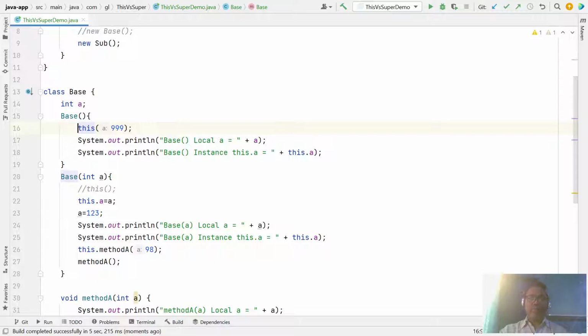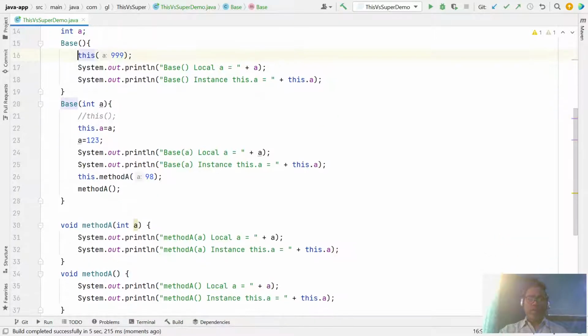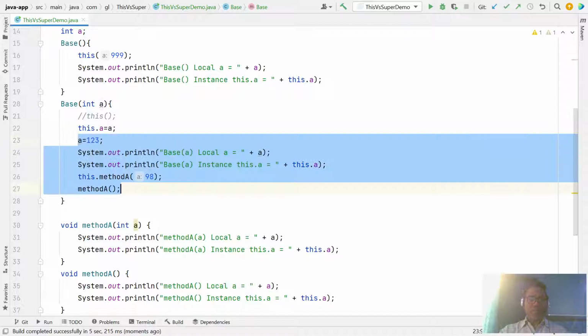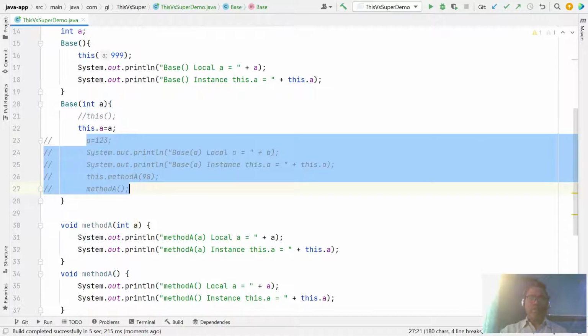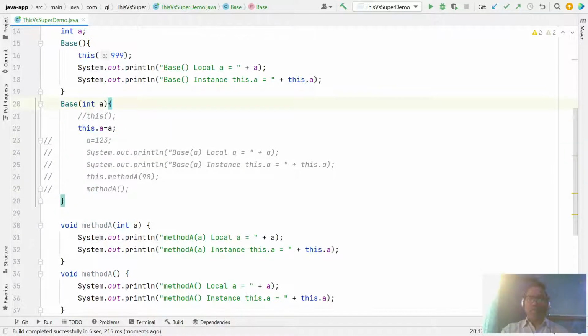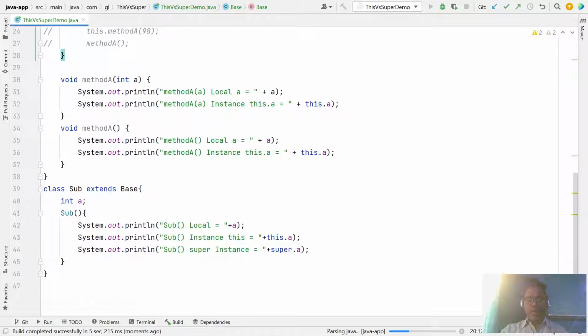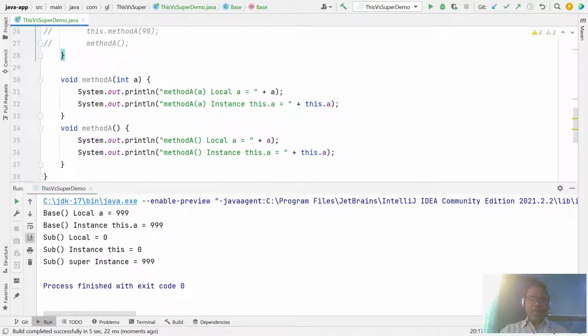Now comment out this line, and if you run it, you notice that your base class is initialized with a local variable a 99 and this instance variable also.